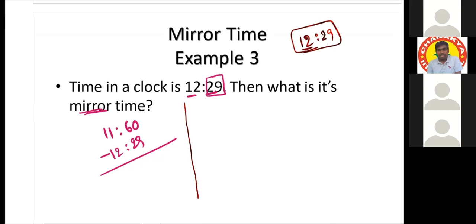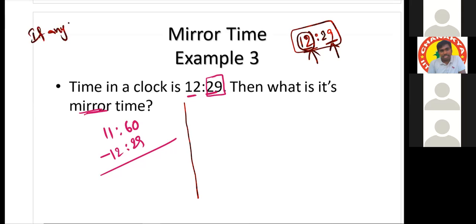So here the intention is 12 hours are completed and 29 minutes. In the next cycle, it is 29 minutes. Okay. In the next cycle, 29 minutes means hours are not started yet. After 12 hours, our hours are not started yet. So remember this point. If any time is given between